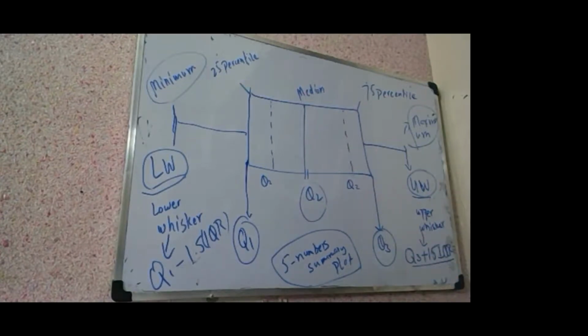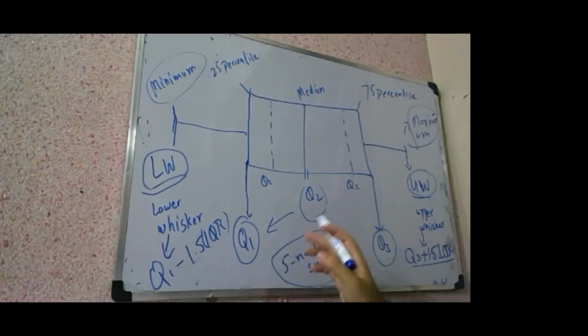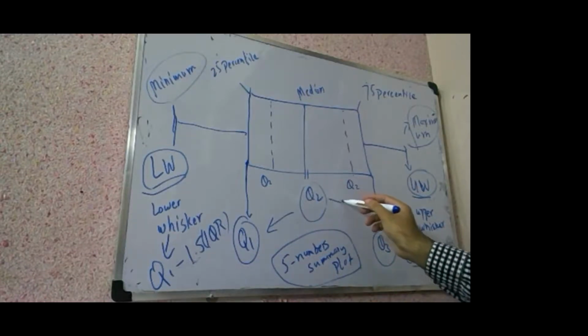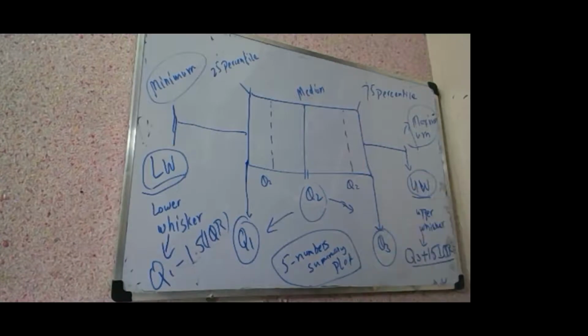If Q2 is more on this side, then it is negatively skewed. So it depends on Q2. If Q2 is near to Q1, then it's positively skewed or right skewed, and if it's near to Q3, the more it goes, the more negatively skewed it is. So one thing, it can tell us the distribution of the data. Understand? Second, it identifies the outlier,